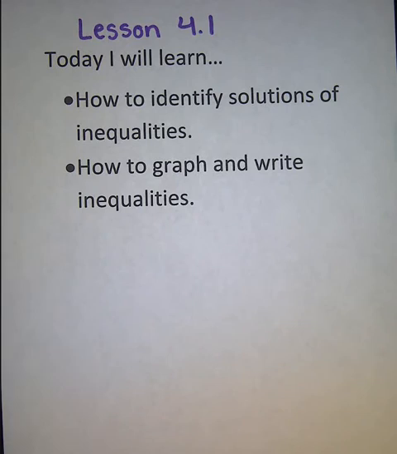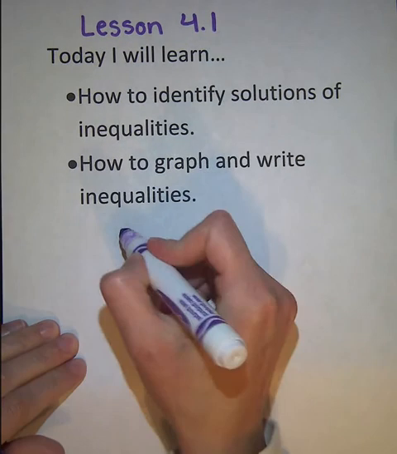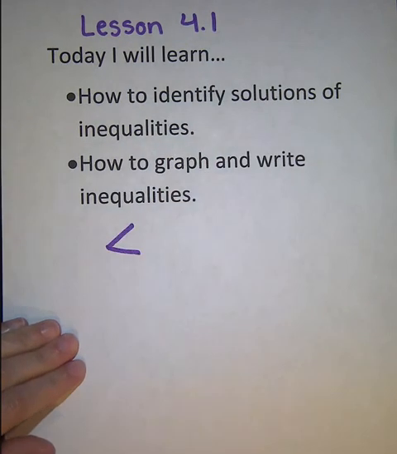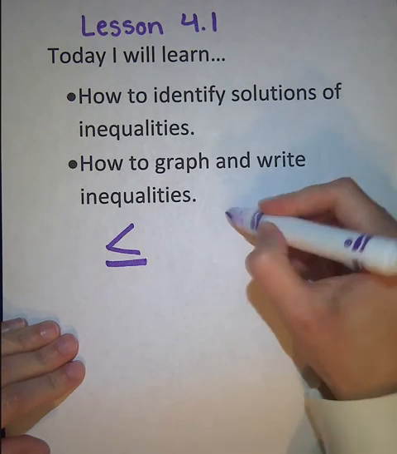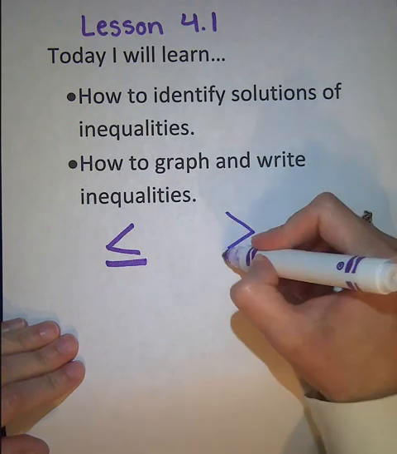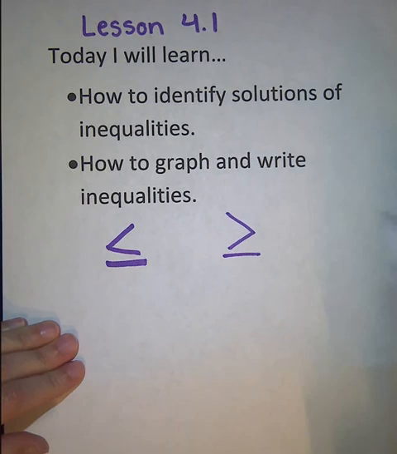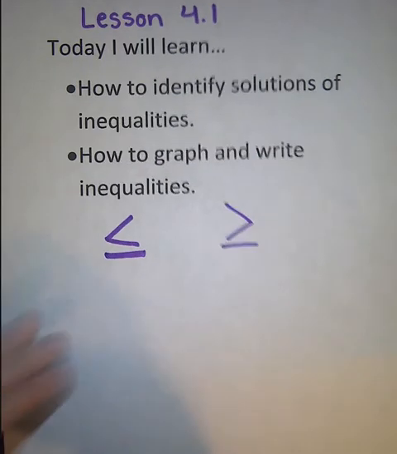Now, all of you should be familiar with inequalities. If I put up a sign like this, you should know that's less than. If I add the line underneath, that's less than or equal to. If I write this, it's greater than. If I put the line underneath, that's greater than or equal to. So we're going to be dealing with all of these inequalities, how to read them, how to graph them, and so on. So the first thing we're going to talk about